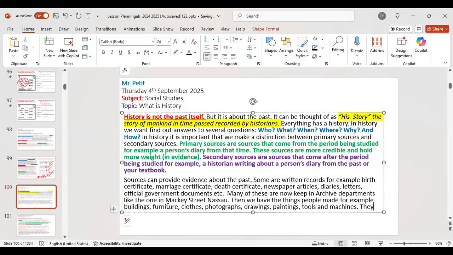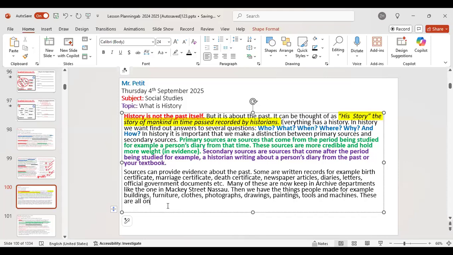These are all on display in museums. And some of them we could still